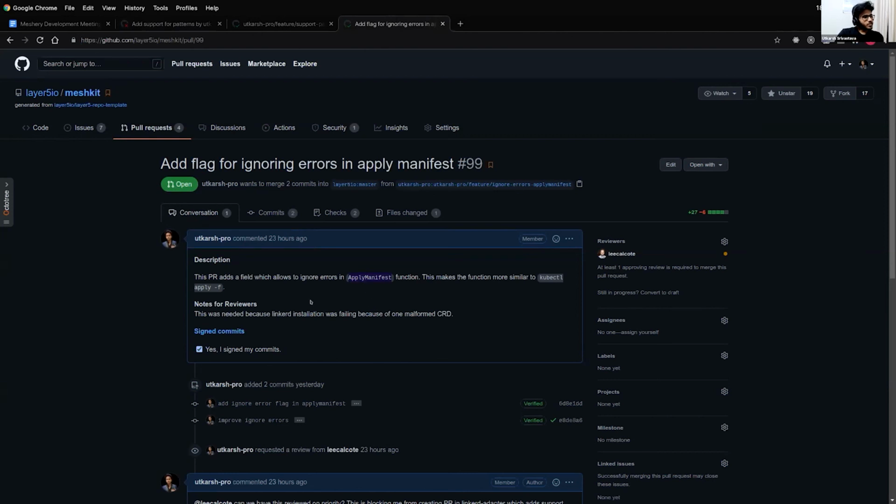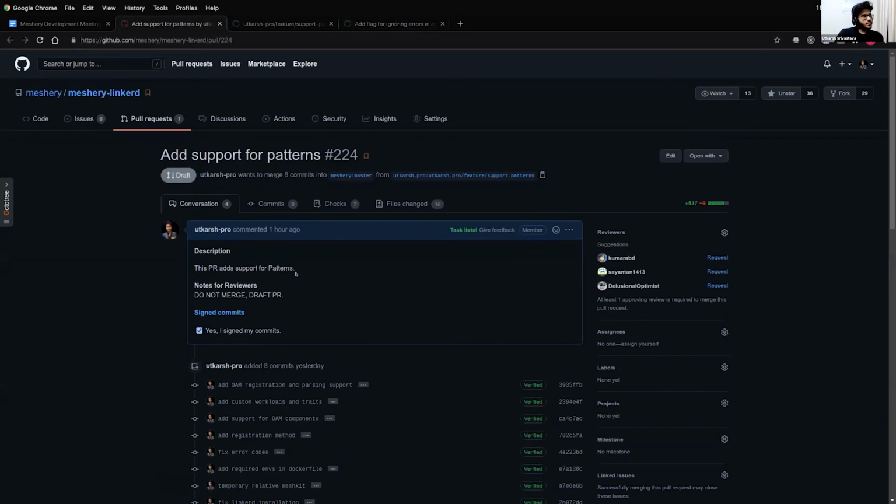The issue that we were encountering was that Linkerd installation was failing. The reason was that one of the CRDs was not actually getting deployed. The Kubernetes API was refusing to deploy it because it was not fitting the schema. So if, instead of deploying Linkerd from the Meshery adapter, you did the same with kubectl, it will deploy all of the resources which are perfectly fine, and will leave the one which was erroneous. So that's the same thing that I'm proposing to add in this particular function.